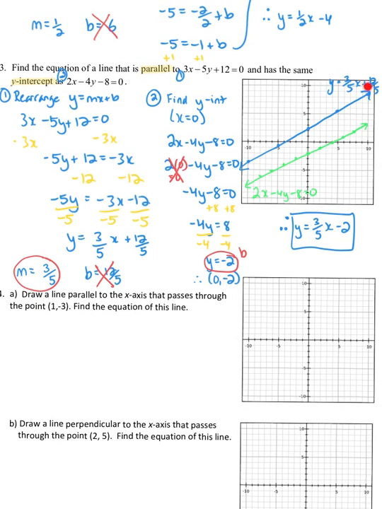So on the grid, I have graphed the 2 original equations that were given in the question. So equation 1 is in blue and equation 2 is in green. These are not parallel. They kind of look like they are, but you can see that the blue line is a little bit more steep